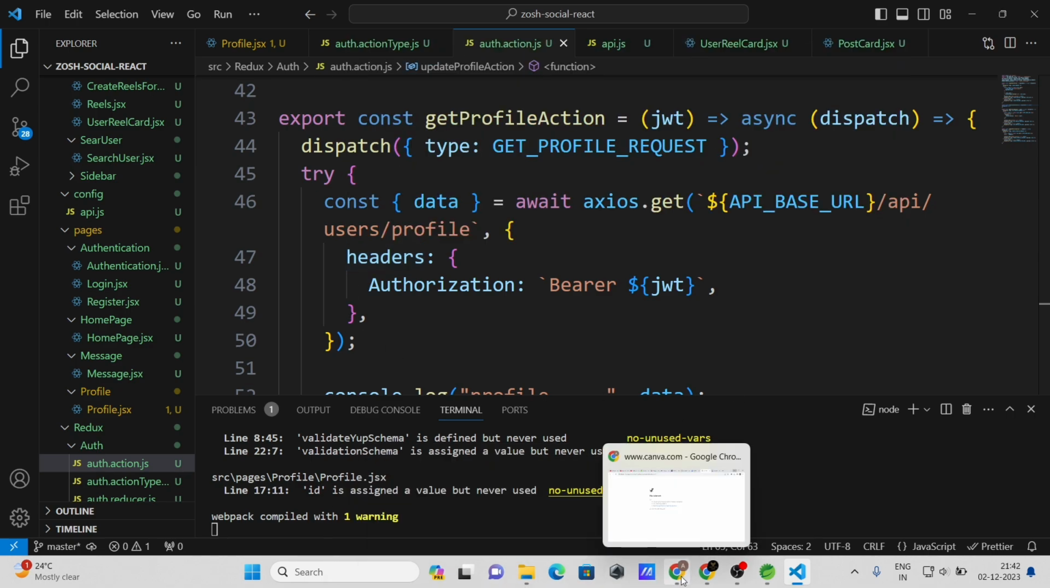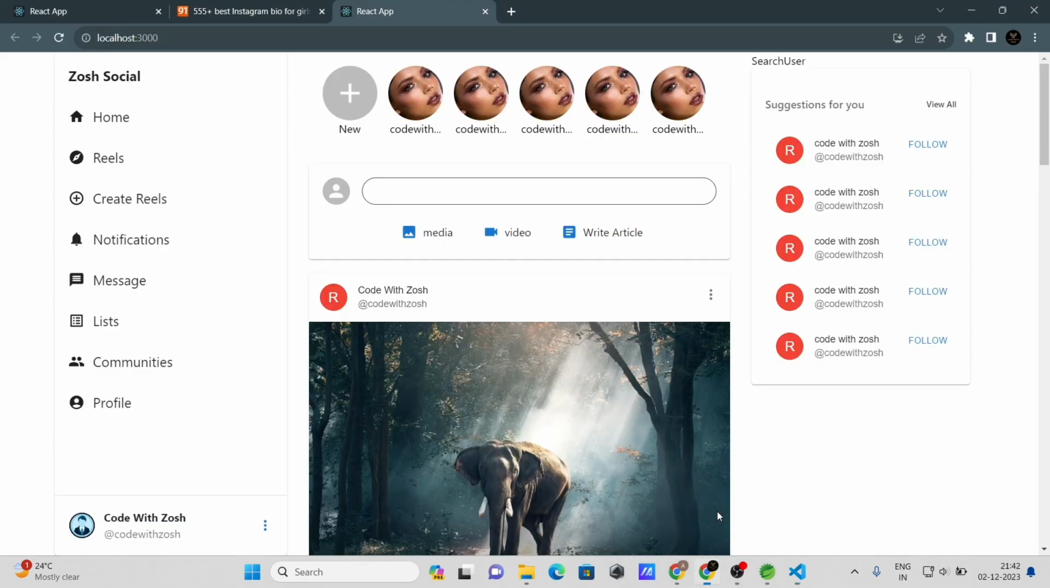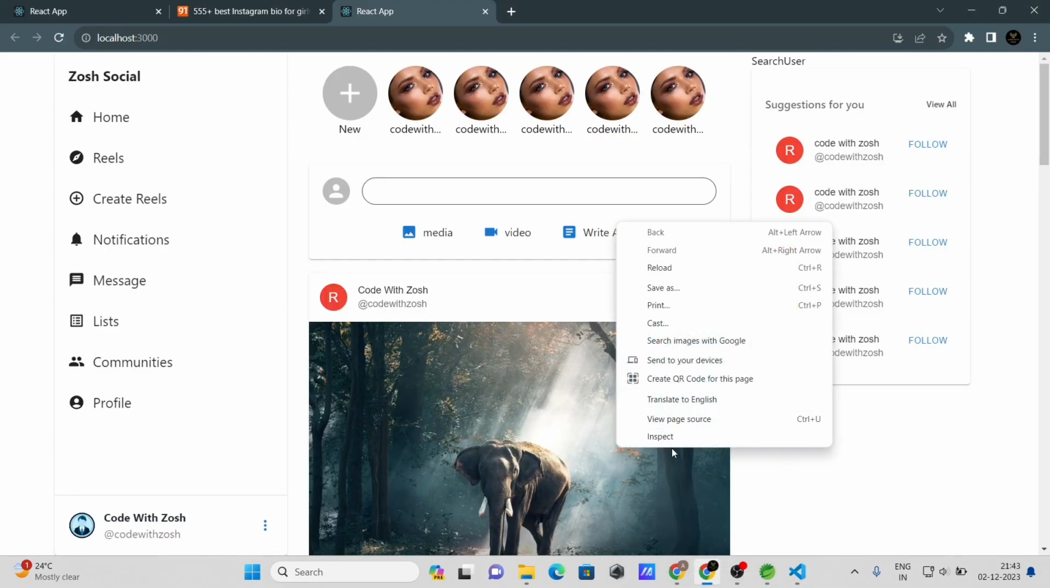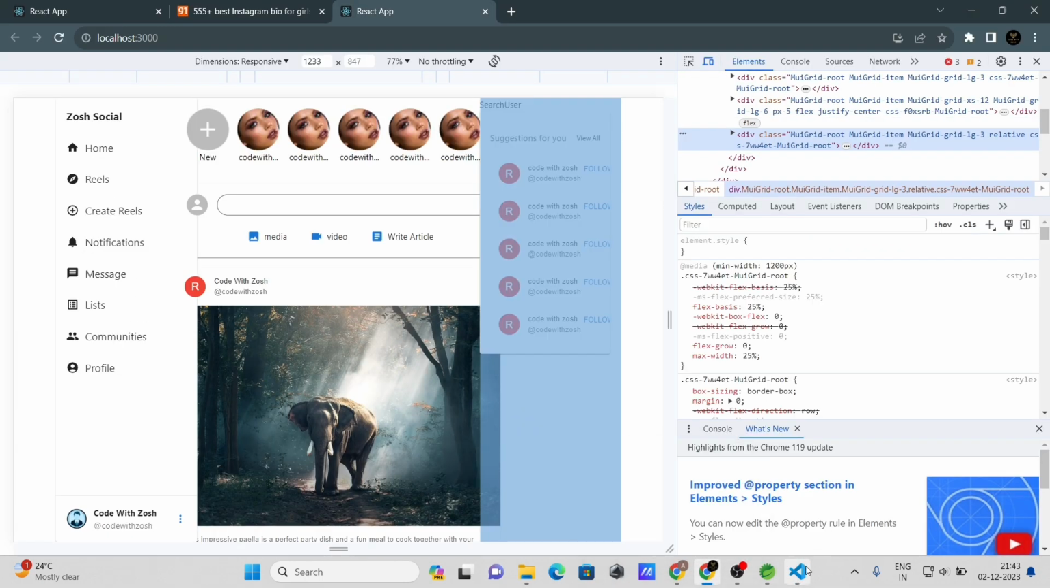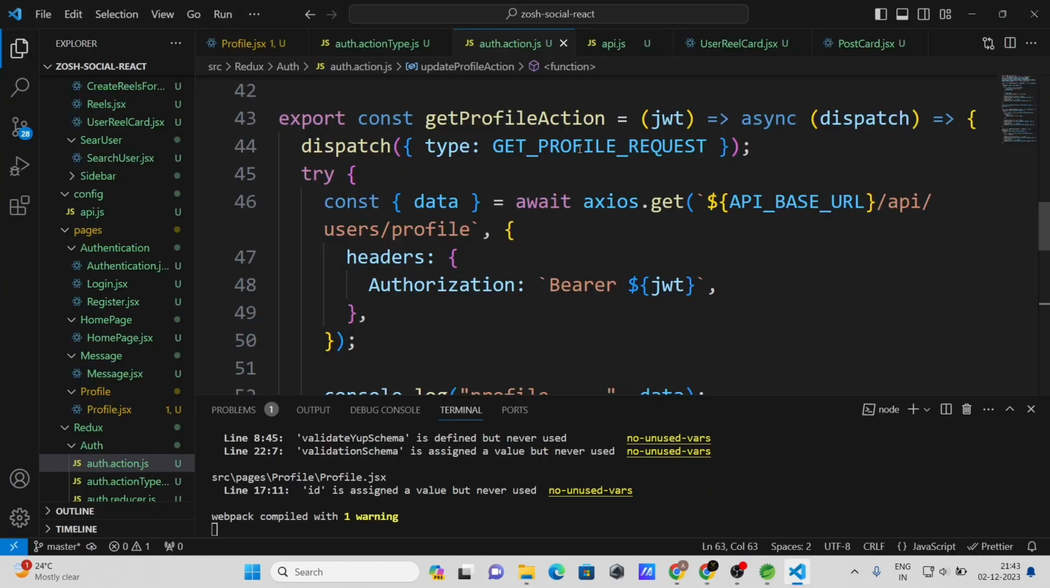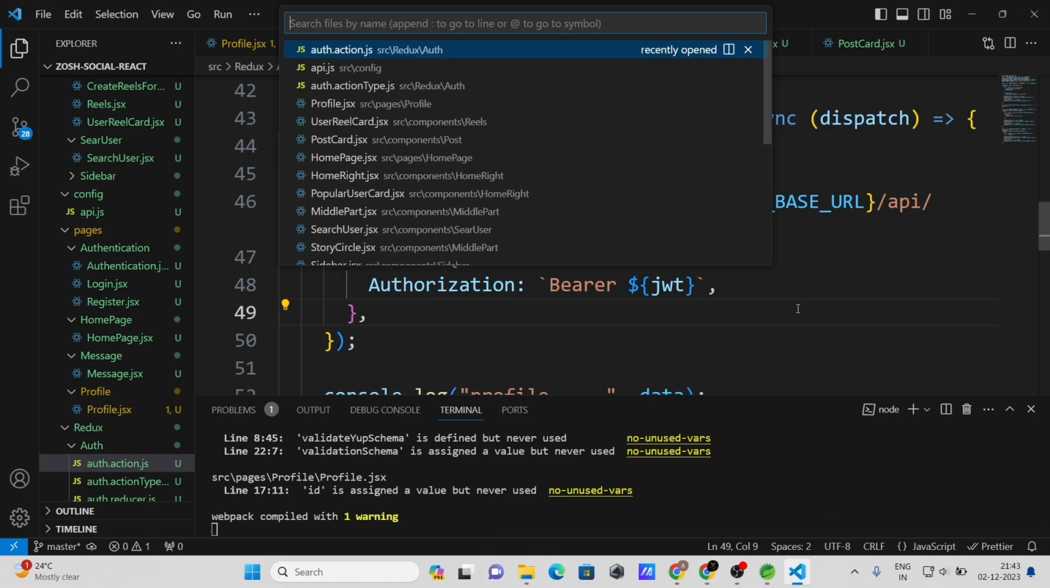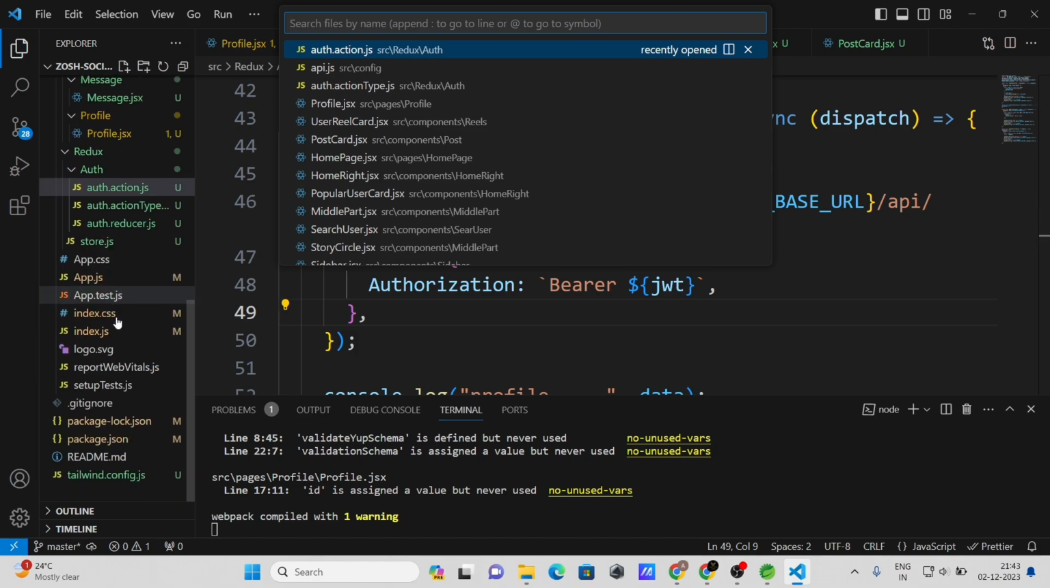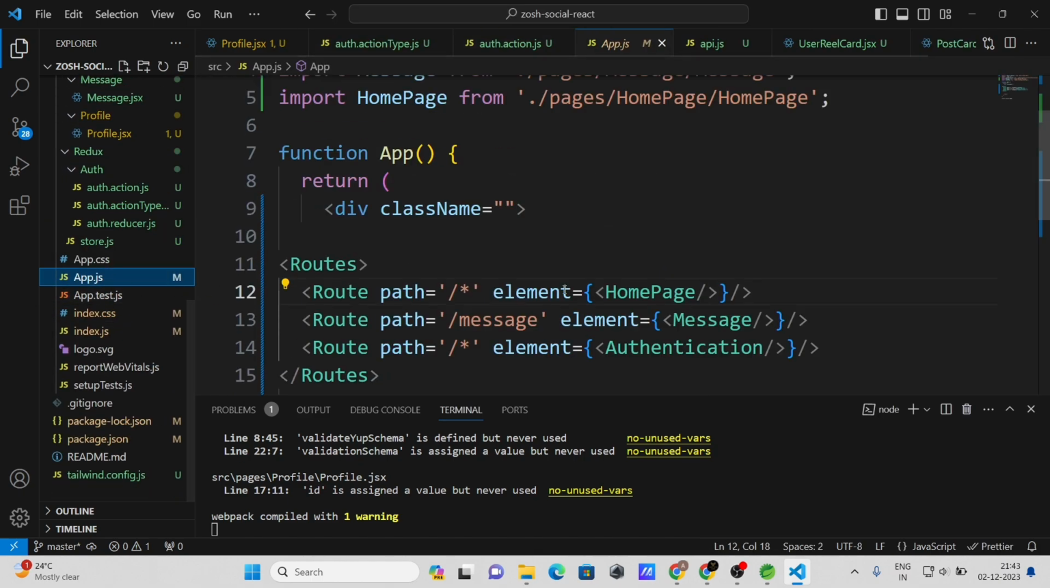Okay, now let's go to here and inspect. But first we need to call this get profile action. So when we call this action, in which file will we call it? In the home page or maybe app.js you can call this. So let me go to app.js,